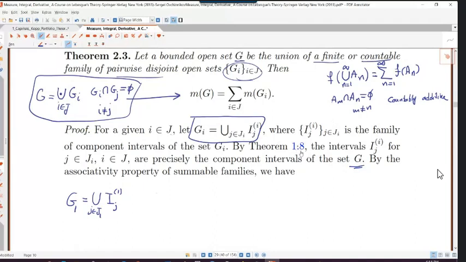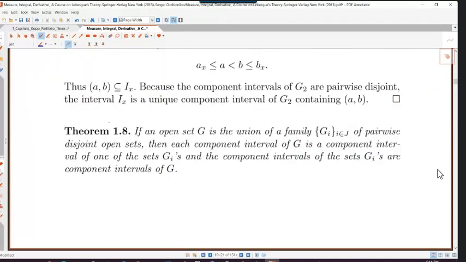Let's have a look at theorem 1.8. If an open set G is the union of a family Gi of pairwise disjoint open sets, then each component interval of G is a component interval of one of the sets Gi, and the component intervals of